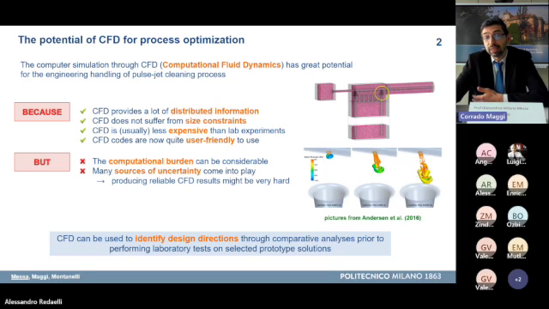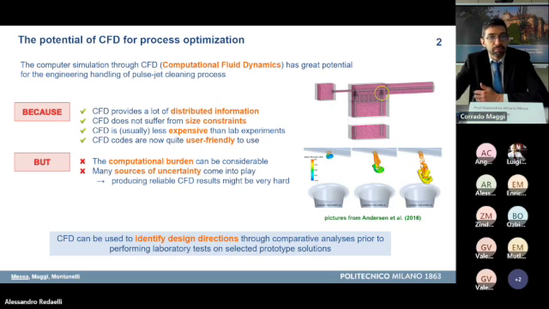And so, in summary, what we can say is that nowadays, CFD can be a useful tool mainly to identify the directions for research and design. So, to answer questions like, okay, but if I modify the geometry of the system in this way, am I expecting an improvement in the performance or a worsening in the performance? This is something that CFD can help to answer and to address. At the same time, laboratory testing on selected prototypes, developed on the grounds of CFD results, is definitely required before finalizing the R&D process or before releasing new products.